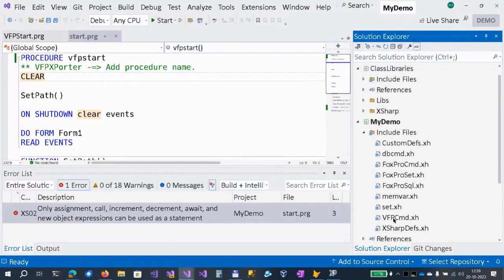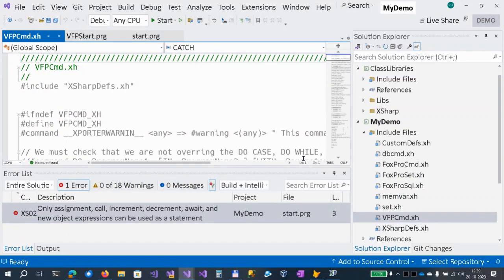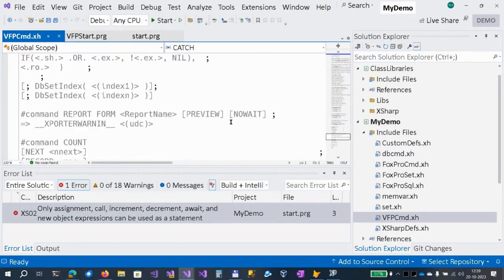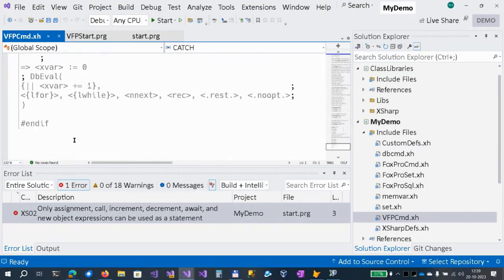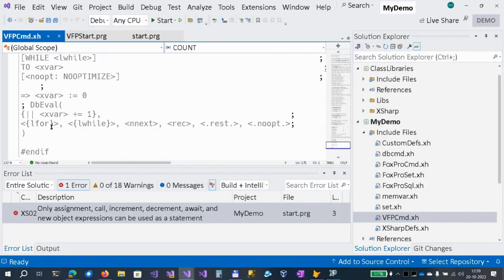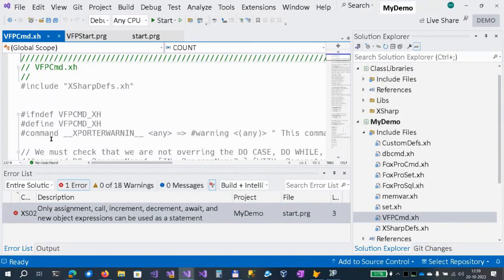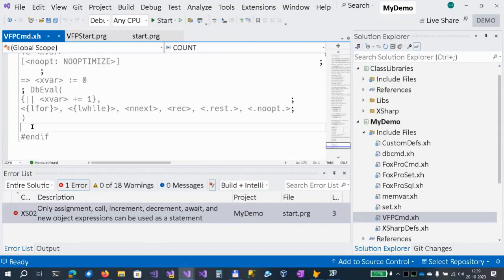This include file is basically our temporary commands for Foxpro that will be merged into the main commands, but this is part of the exporter project. And in here, I could add the command. What is the end if you point to? Oh, this is just to prevent defining things twice.